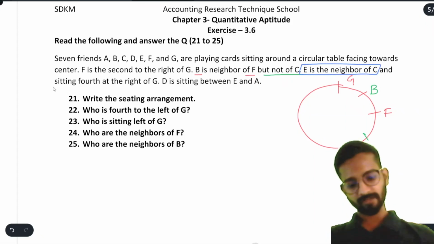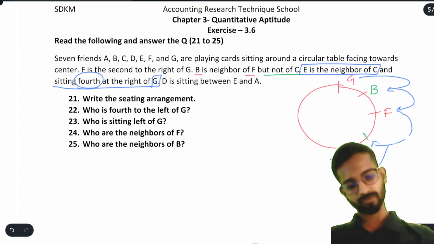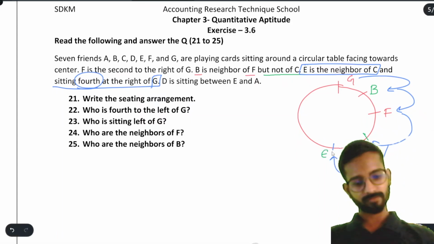And sitting fourth at the right of G. So wherever is G, E is sitting fourth. So G is here. 1, 2, 3, 4. So I can say fourth at the right of G, E will be sitting here. After this,